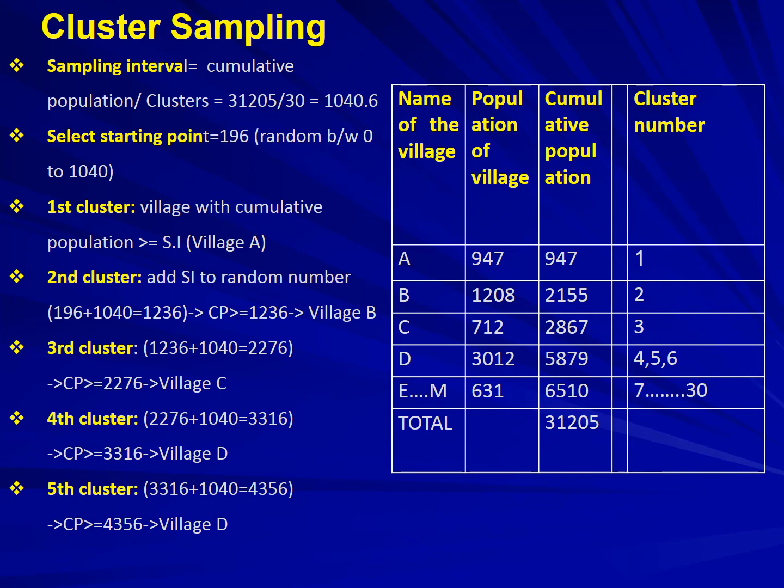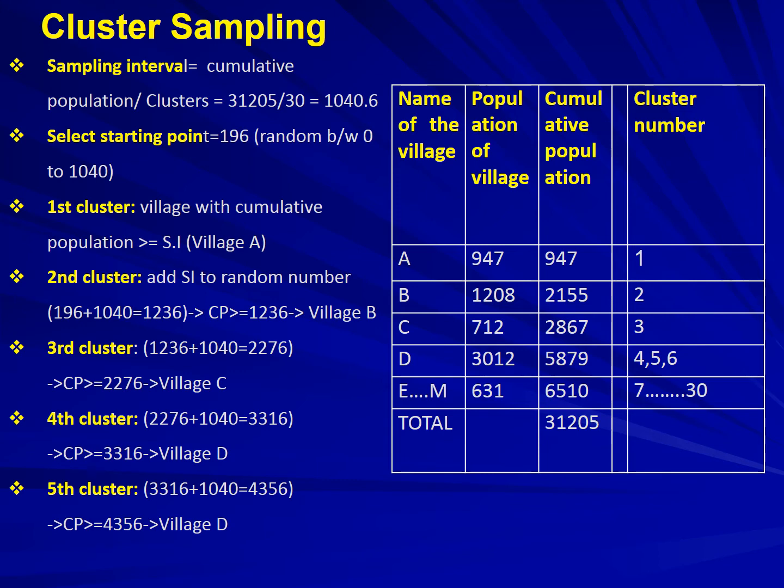Now you have to select a starting point, like we selected a starting point in random sampling. That means we select the first sample by random number tables or by random sampling, and after that we add certain numbers to it, which is systematic sampling. In systematic sampling we select the first sample randomly, and after that we add every second house, every fourth house, and so on. So here also you have to select a starting point, but remember that the starting point should be between 0 and your sampling interval, that means 0 to 1040.